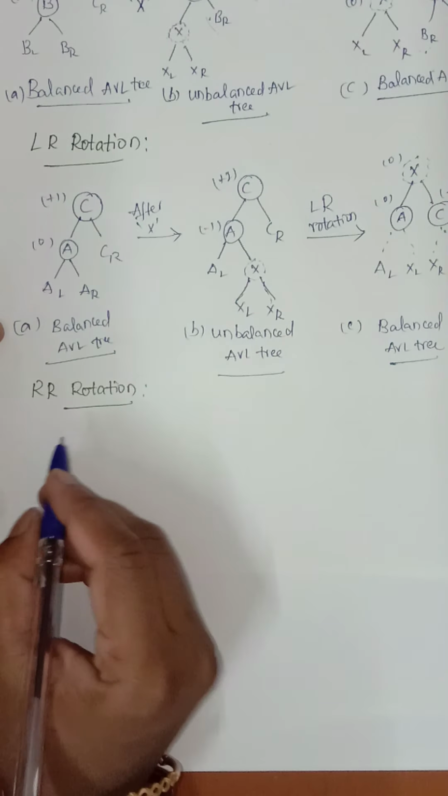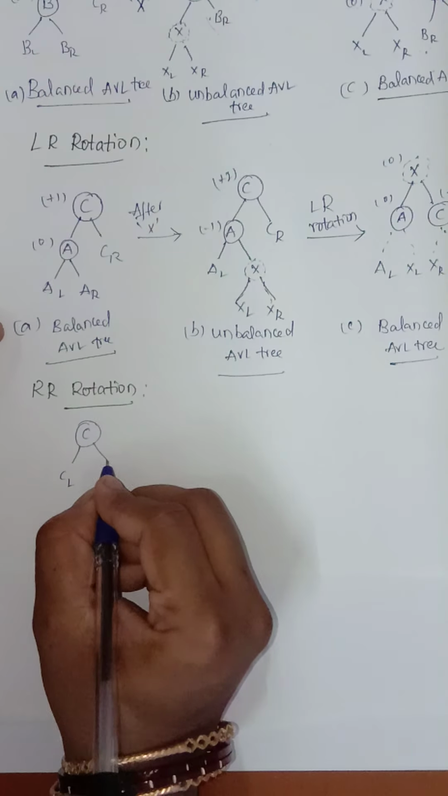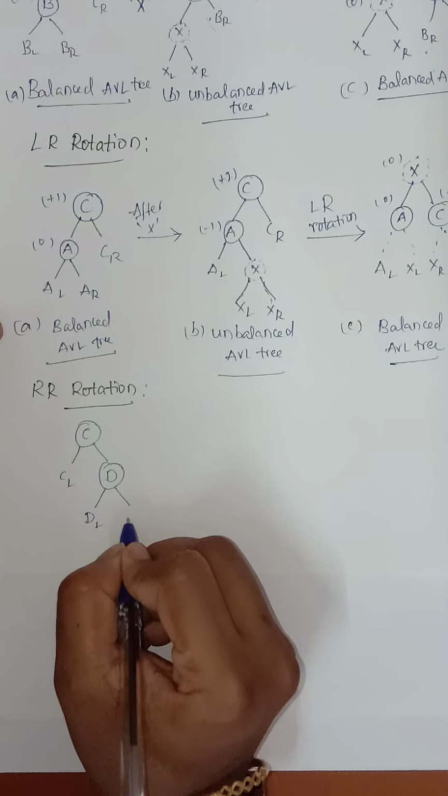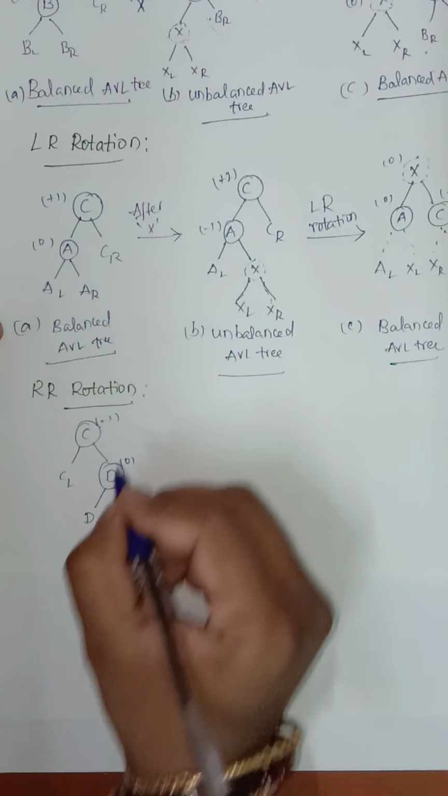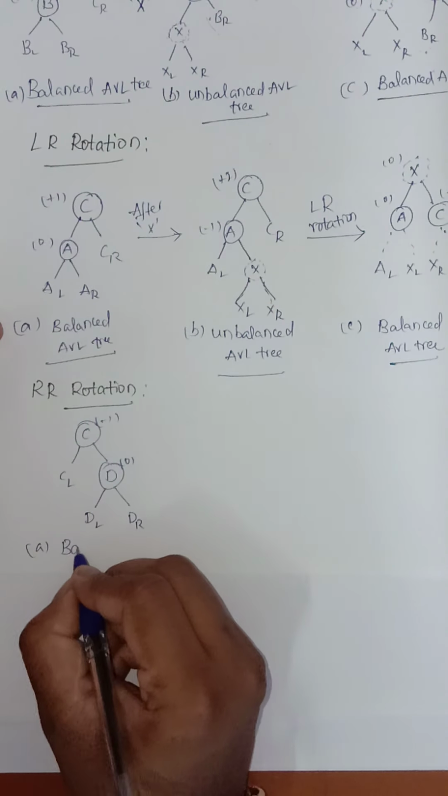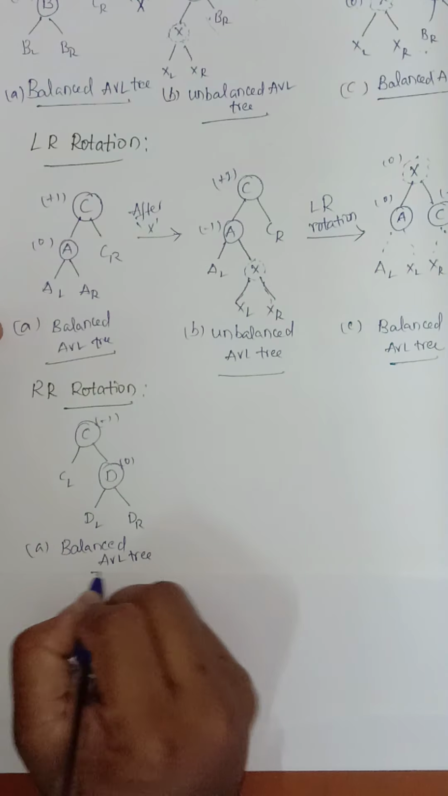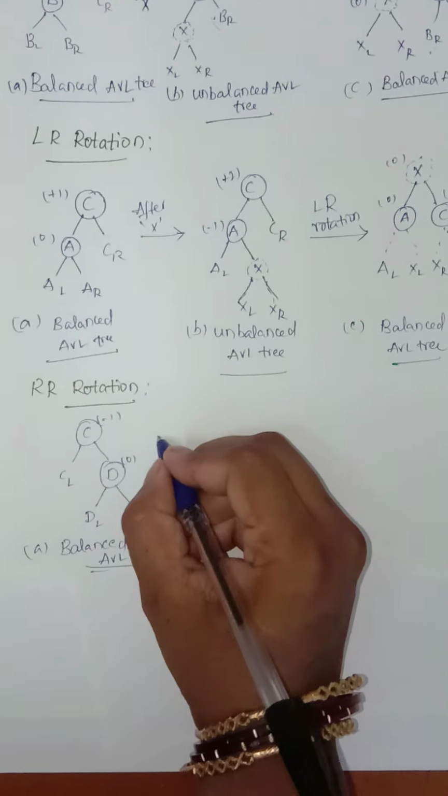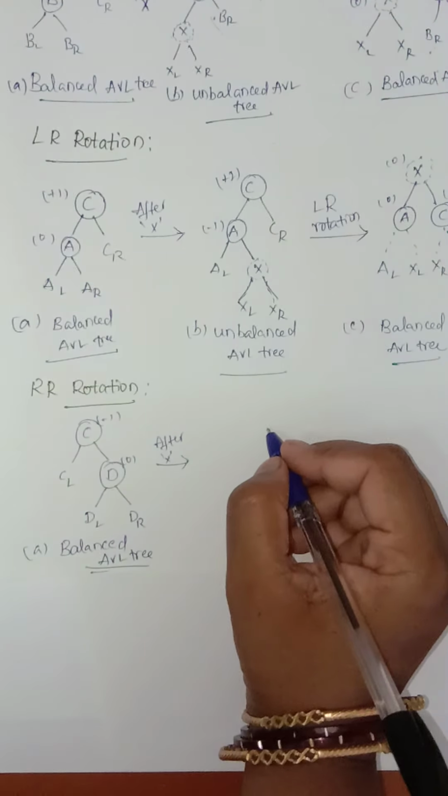Okay, we are considering the same example. C, left subtree of C, D, left subtree DL, right subtree DR. Here the balancing factors are 0, -1. So this is a balanced AVL tree. Previously, this is a balanced AVL tree. Now after inserting the X value at the right part of the right subtree,